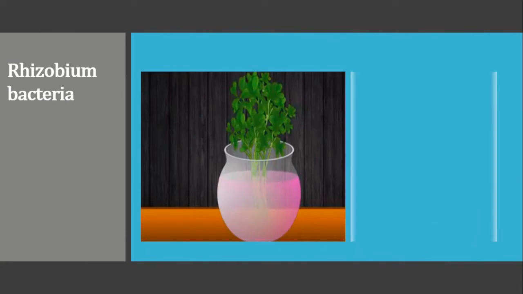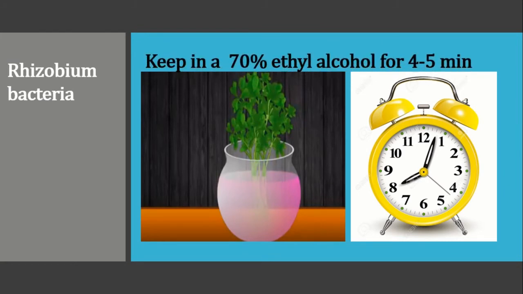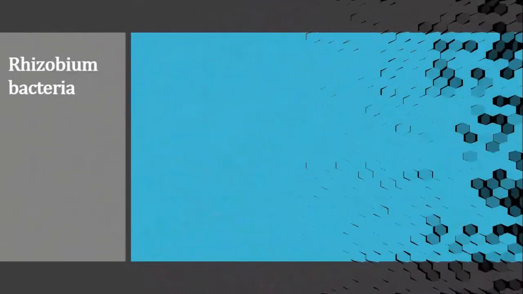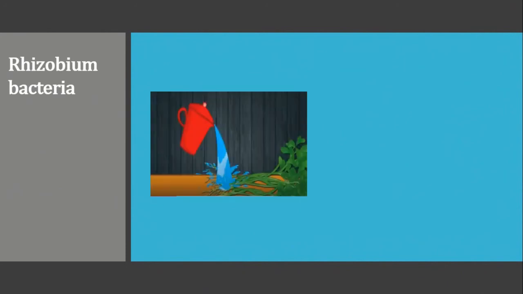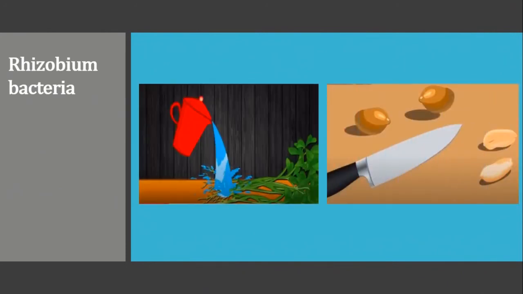Afterwards, keep it in a 70% solution of ethyl alcohol for 4 to 5 minutes. Clean the roots with sterile water and then